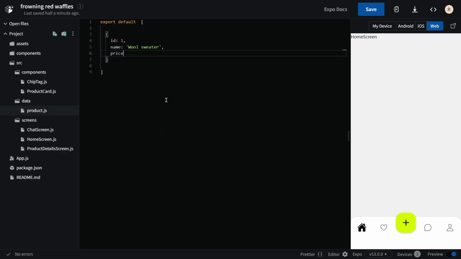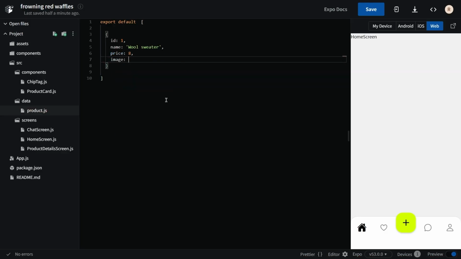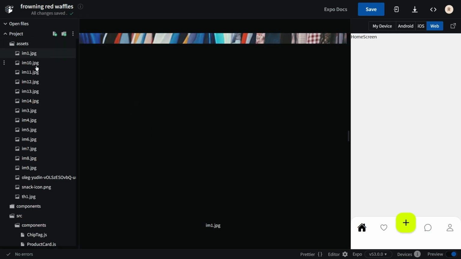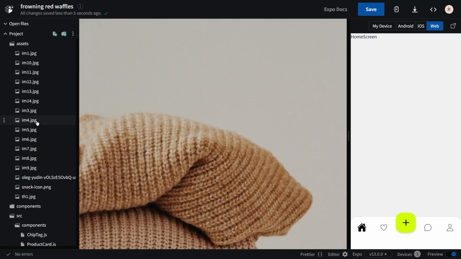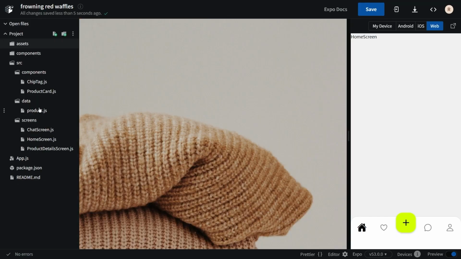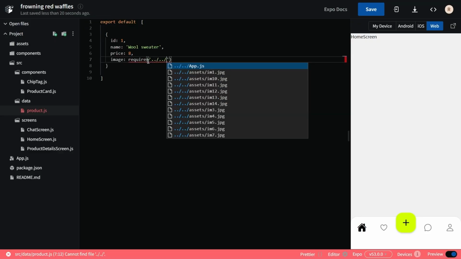The second item has ID 2, named goat wool sweater, priced slightly higher at 10, with an image m4.jpg so users can see what they are going to buy. The third product is black boots, with ID 3, priced at 15, something stylish and useful. The fourth one is ID 4, a vintage bag, priced at 20 with image m6.jpg, this adds more variety to